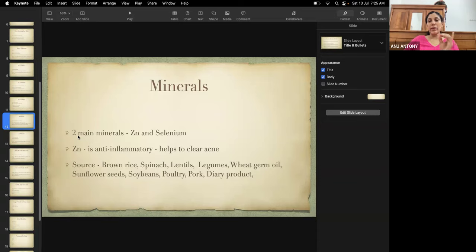But again, if you have any worm infestation or sugar levels are high, there you have to reduce the coconut